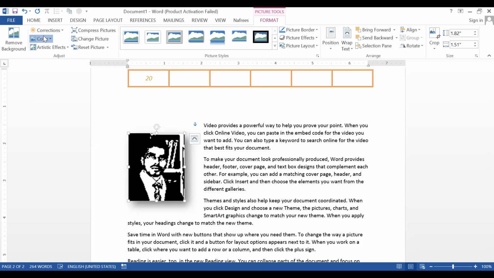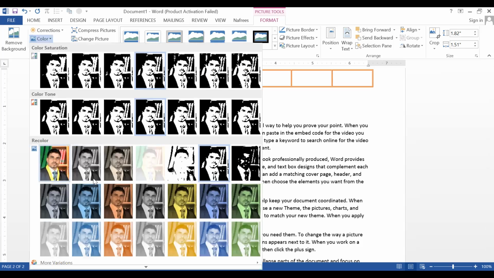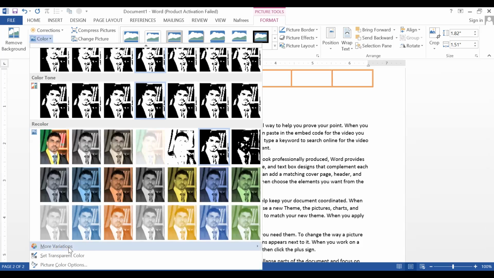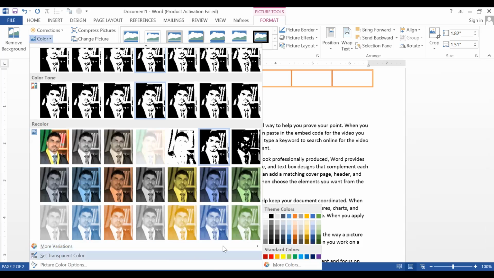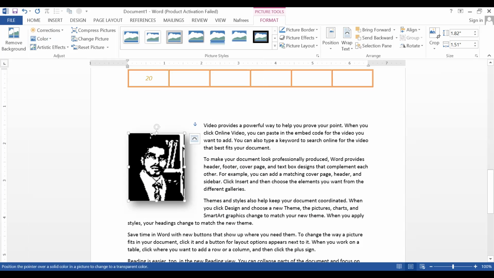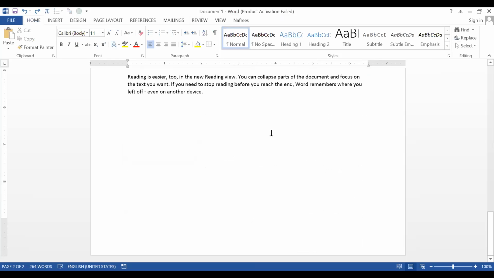So these kind of options are also available here. The more variation you can find from here. Okay, so using this one, you can do these things. And there's another option. Okay, and let's move to the quiz part.